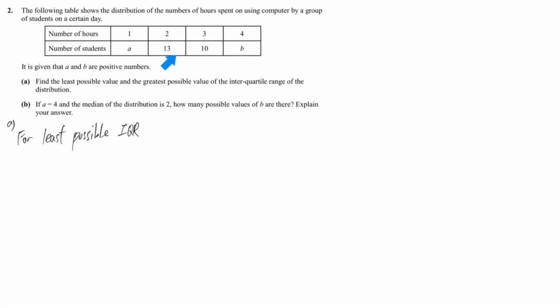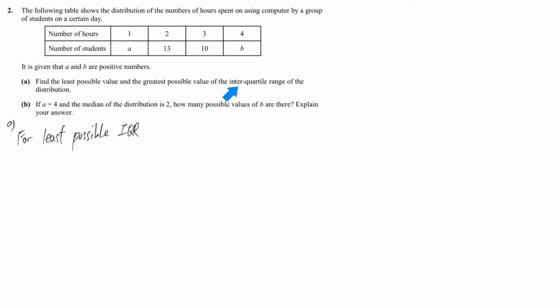There is a table about the response and the corresponding frequency. It shows that 1 appears 8 times, 2 appears 13 times, 3 appears 10 times, 4 appears B times. And then A and B are flexible numbers that are not fixed. And then we are going to consider, among all the different combinations of A and B, what is the least